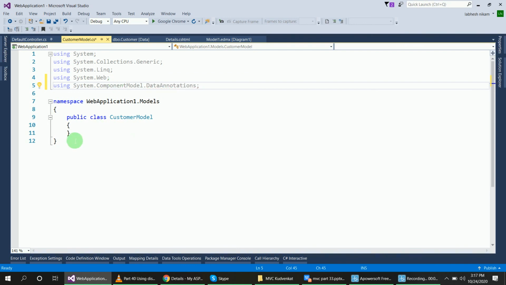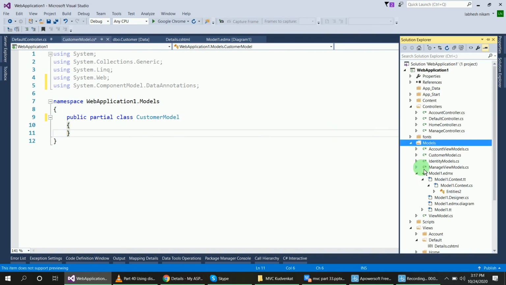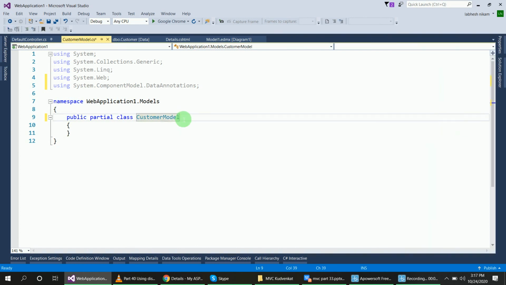This class I will use as a partial class. Which class? In this data entity model there is the class Customer.cs, so I will write the Customer class and declare it as a partial class.